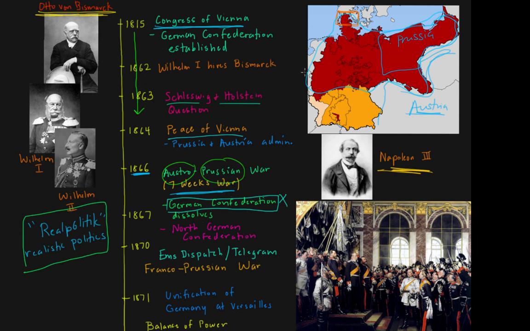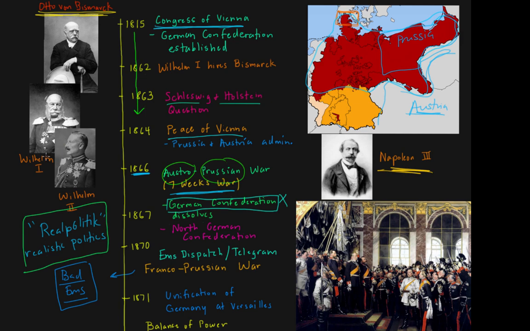And as you can imagine, over here, the French aren't really happy because they also want their share of influence in Spain. And so they send their ambassador named Count Benedetti, and the French ambassador meets with Wilhelm I, who happens to be at his favorite vacation town of Bad Ems. And that's where the next big thing will take place in the German unification process. Bad Ems is the resort town where Wilhelm I has this little chit-chat with the French ambassador.